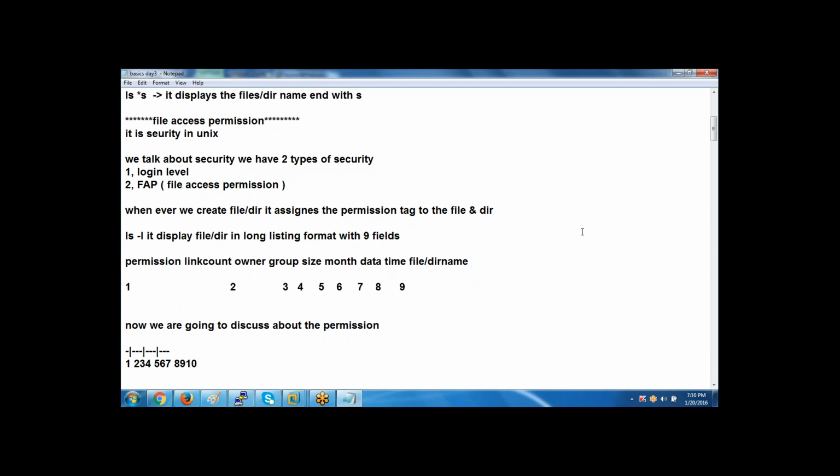So there is no scope of knowing the length and strength of the password. And we have something called FAP. FAP stands for File Access Permission. When I say File Access Permission, you should understand one thing: every file will have permissions like read, write, and execute. And we are going to discuss how these permissions are allocated to the